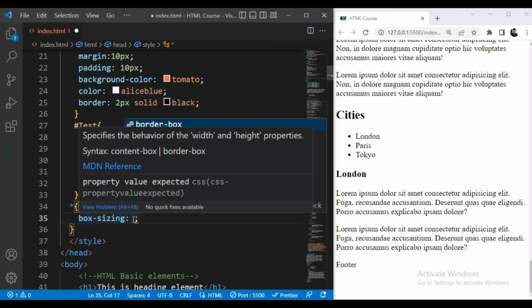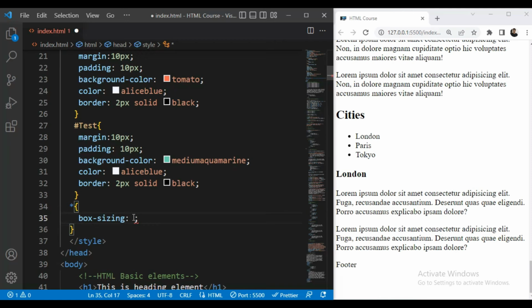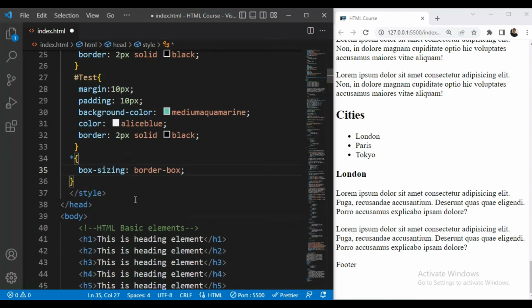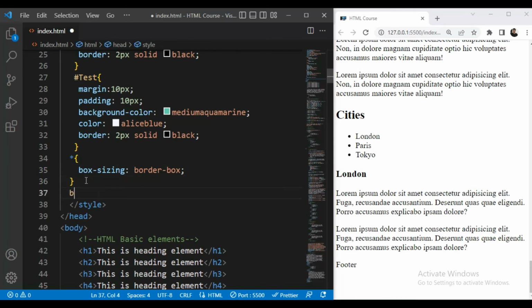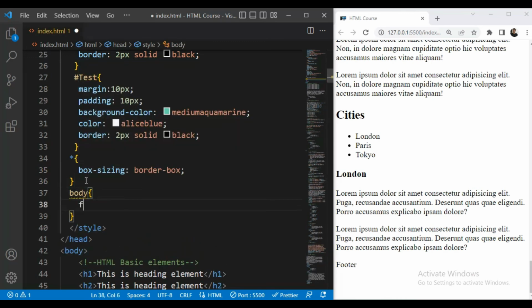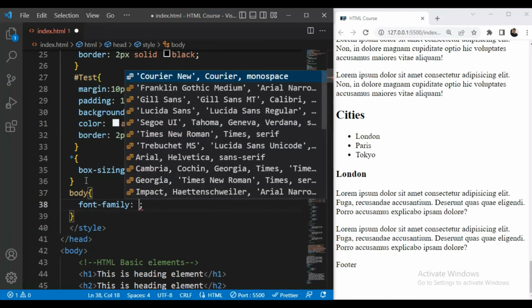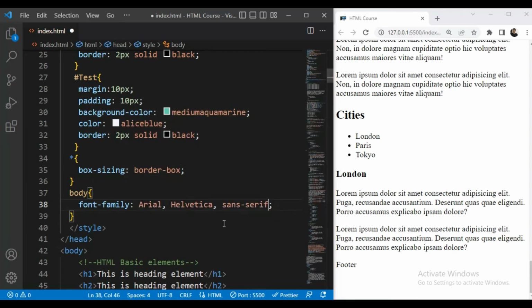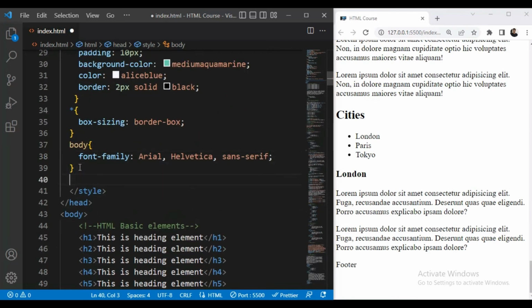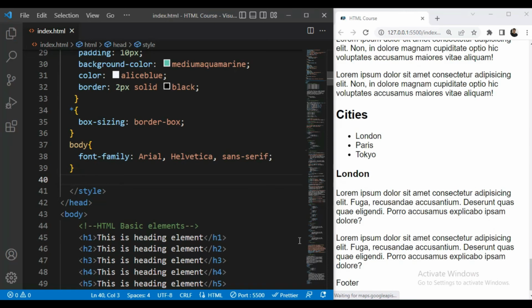So we'll give box sizing, border box, and then we'll give font for our body. So we'll use body selector and font family. For example, we'll give this. Okay, so now let us save this. So now you can see the font has changed.